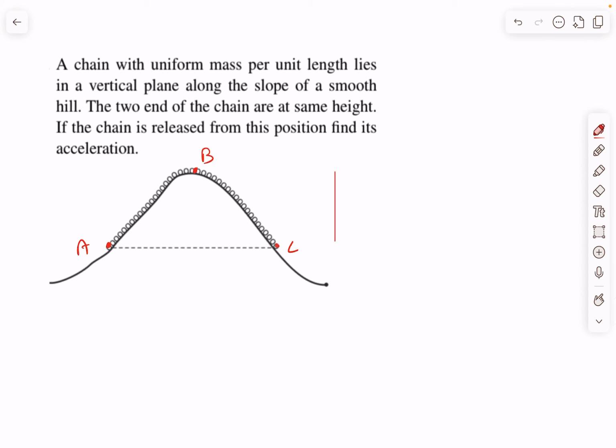Since it is not mentioned, let us assume that the vertical height between the topmost point B and one of the ends is H. Next, if we consider a small element of length dl of the chain lying on the incline, then due to its weight, force df will act down the incline, and df can be written as dm, the small mass of the small part, into g into sine theta, and theta is the angle that this dl makes with the horizontal